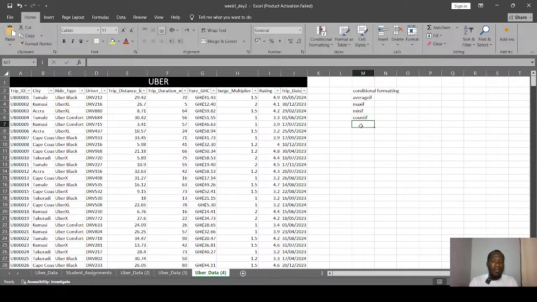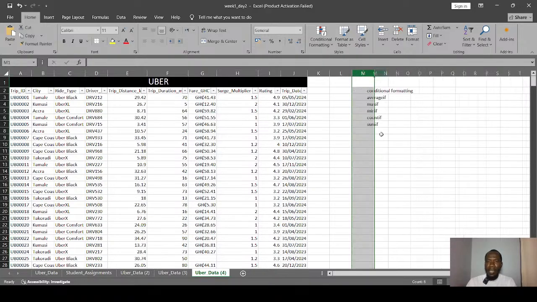Then we have average. No, we've talked about average. We have sum if, right? We have sum if. So these guys, right? We are looking at these guys today. We'll look at these guys, and then we'll look at some practical ways of using them, and we'll call it a night, right? Okay. So let's get started.